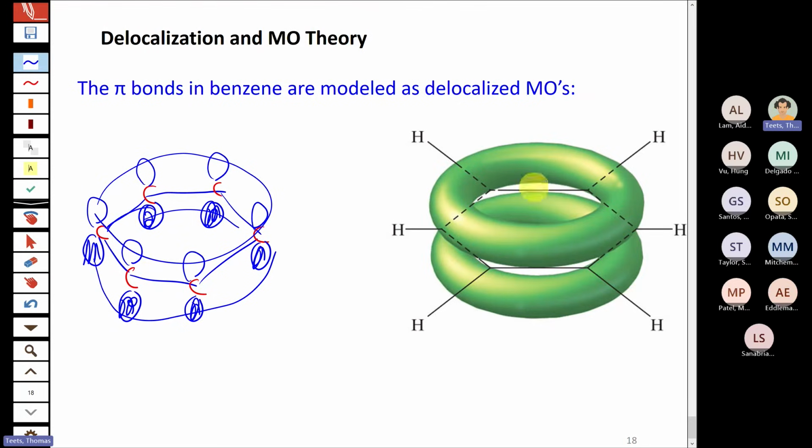And that's sort of what this diagram shows here, is that when the p orbitals overlap, they form these delocalized molecular orbitals. This is the one that's lowest energy. There's going to be a total of 6 because there's 6 p orbitals. They're going to overlap to form 6 molecular orbitals. But the one that's lowest in energy looks like this, where it has in-phase overlap of all 6 of those p orbitals.